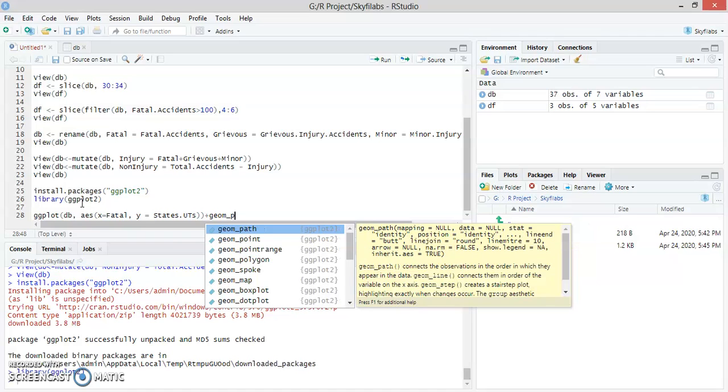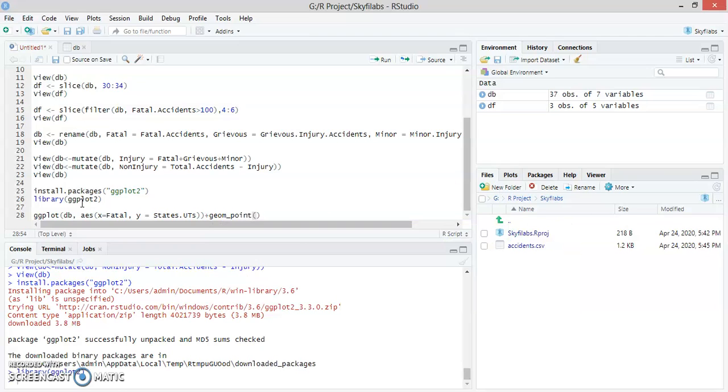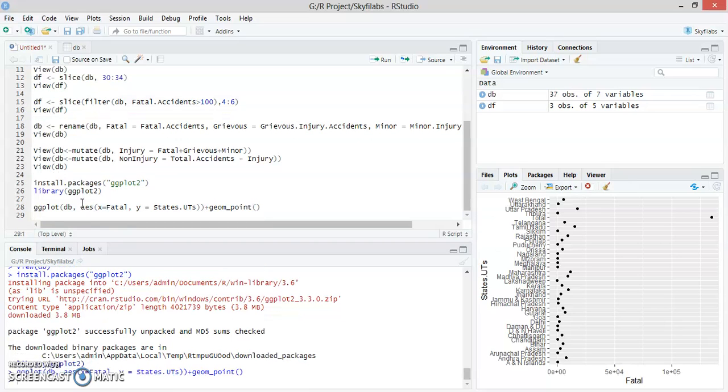We can use any of the types of graphs shown over here, but we are using the point graph for this particular demonstration of our project. Or we can use any of the graphs, either a bar graph or something like that. Over here you can see the cities and the data which is plotted, but a huge number of cities are shown in the graph. That is not looking good.